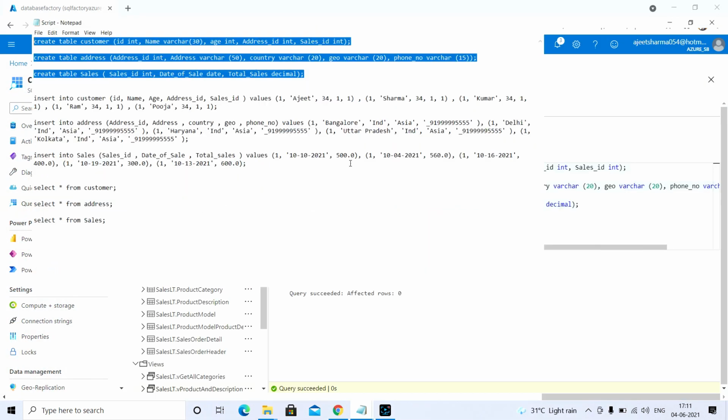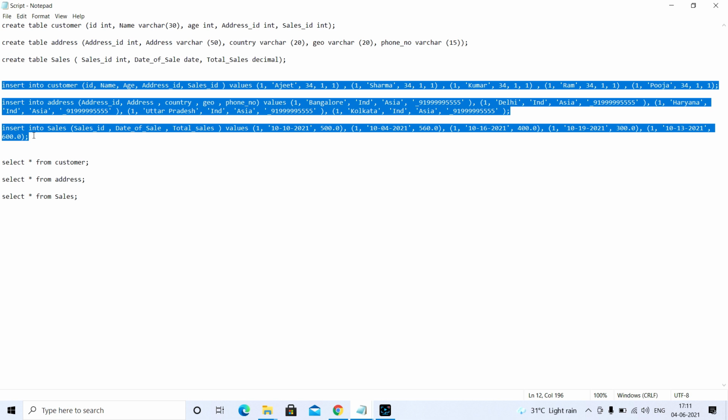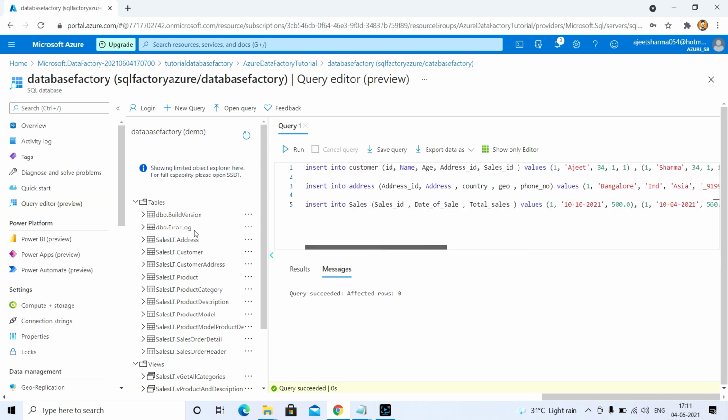Now I'm going to insert the information, like the customer information: ID, name, age, address ID, sales ID, and all this. So now I'm going to run this query.